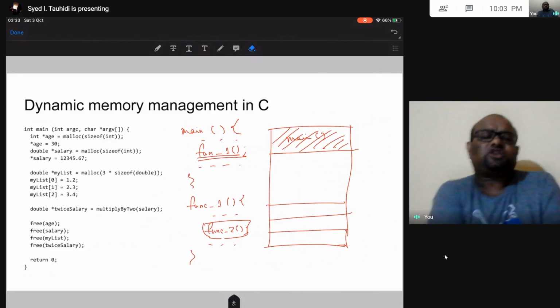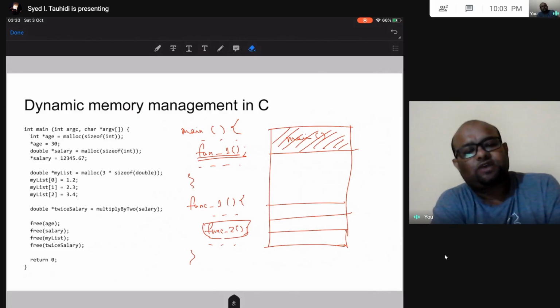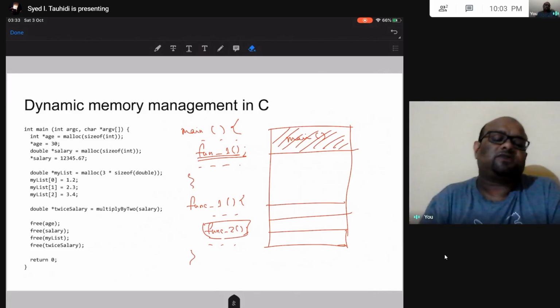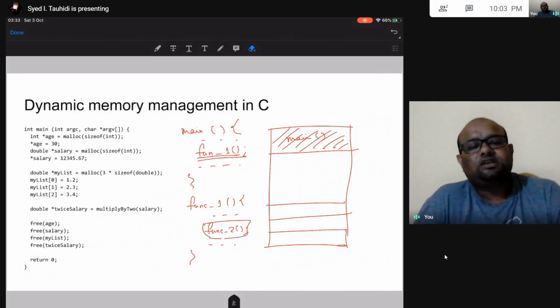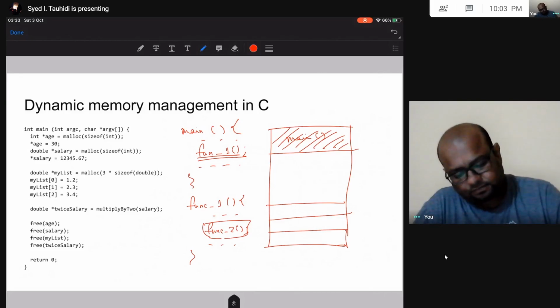But we already saw that in the heap, when memory is allocated inside a function, even when that function is done executing, this memory is not deallocated, it is still there. So say this is age, this is salary, this is my list, and this is twice salary.